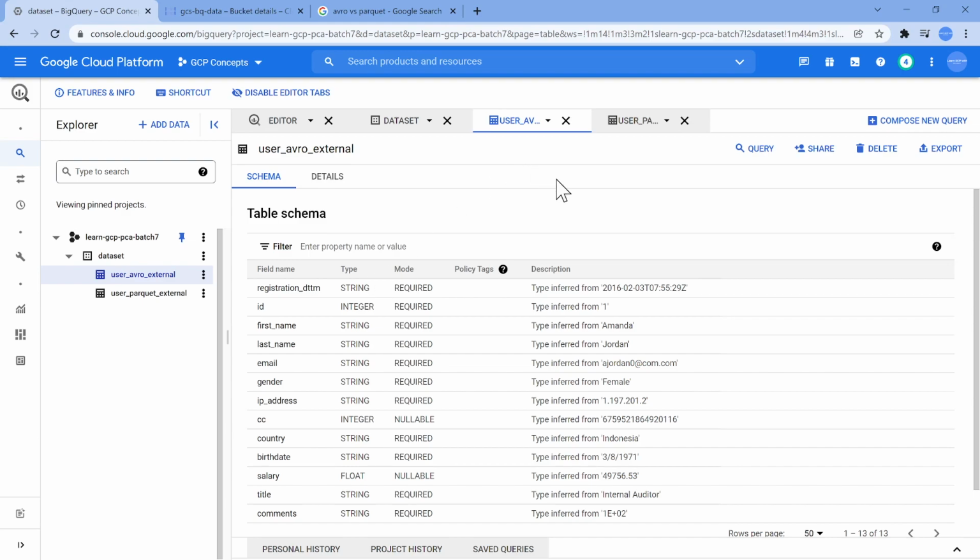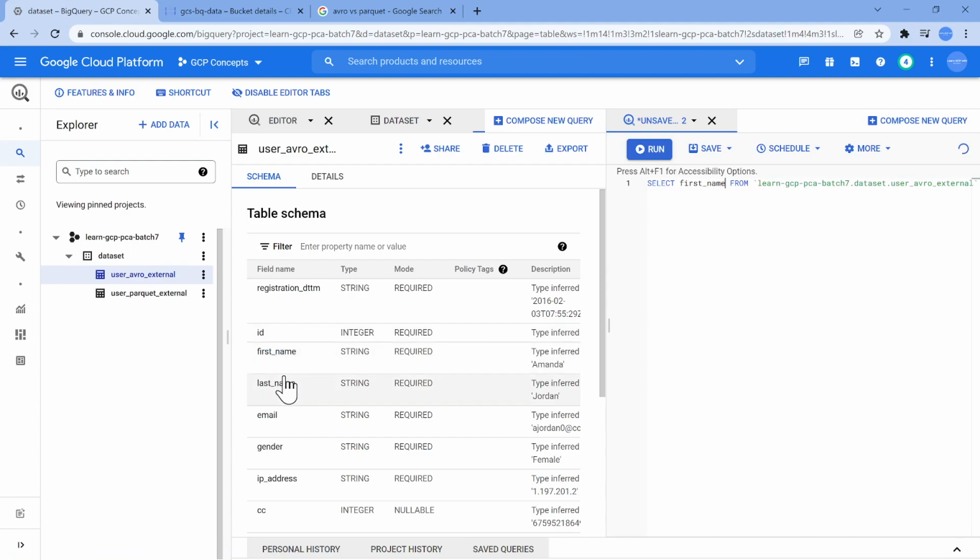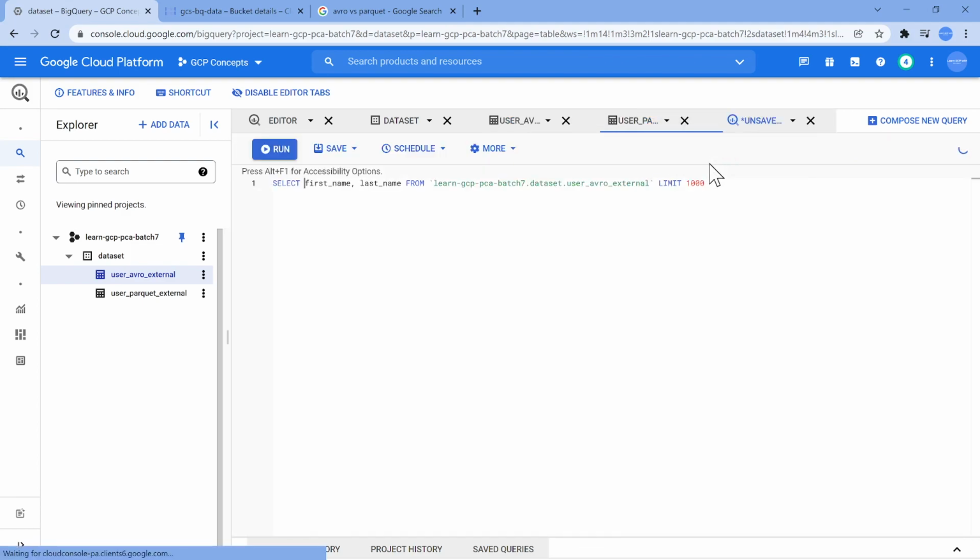Now, I wanted to show you which is going to be the best one for querying. Because it's an external table, you don't have the preview. Now, let's go and do a query of first name and last name from our Avro file format external table. So let me run the query.